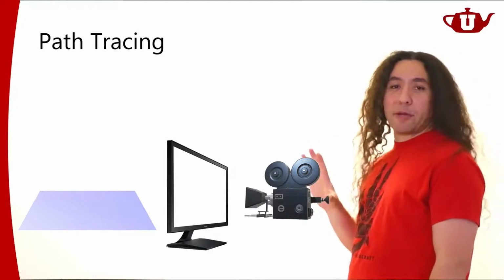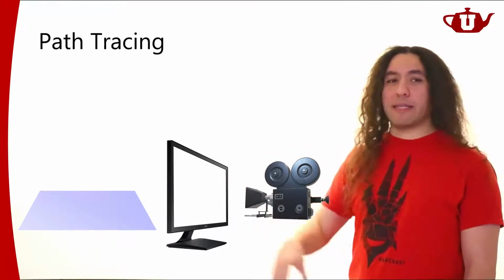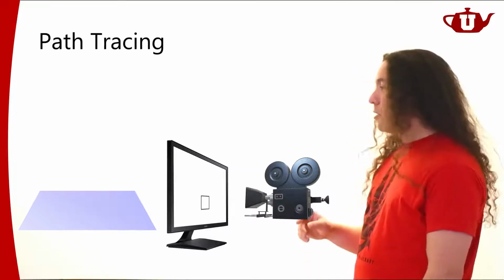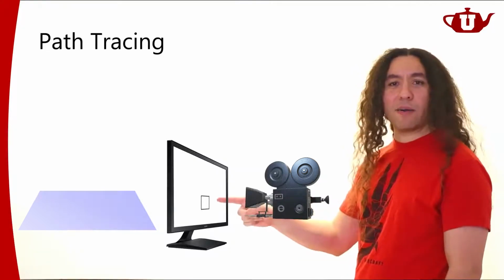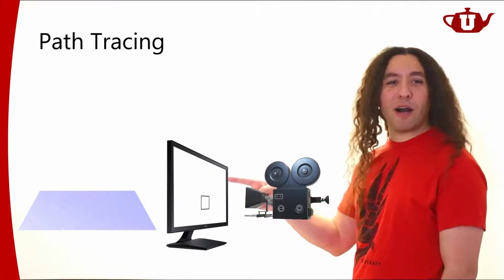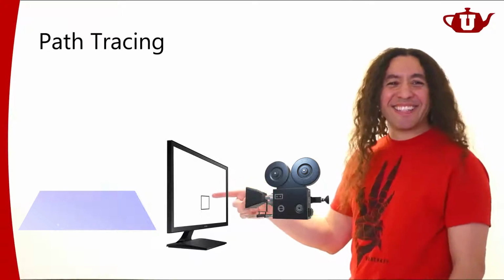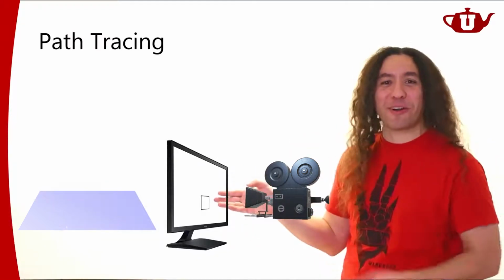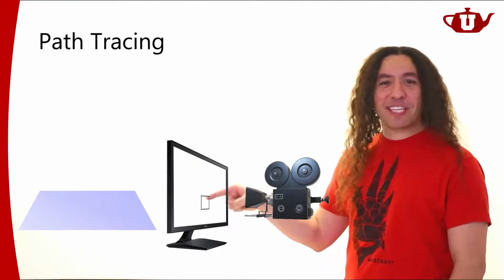Here's my camera. I'm going to generate an image looking at a scene, and I'm going to pick a pixel. Wow, that's a giant pixel. Yeah, okay, this is a giant pixel. This was a very low resolution monitor, okay? So pixels look like this. I have to pick a giant pixel, otherwise I can't show you what's going on in a pixel, right? All right, so this is one pixel.